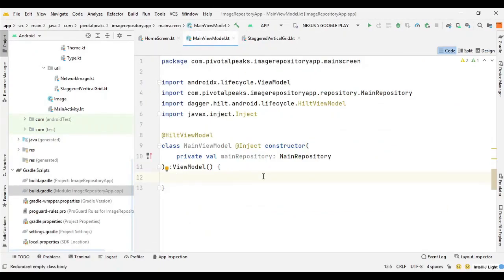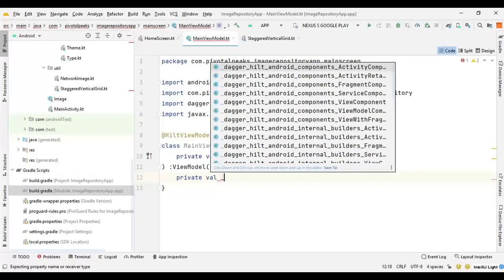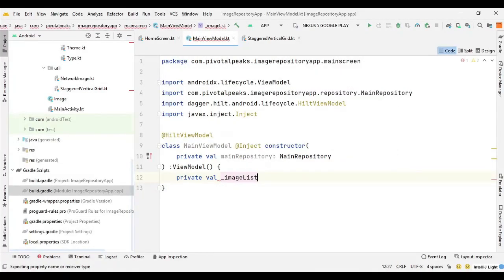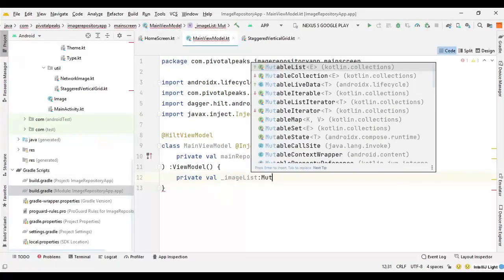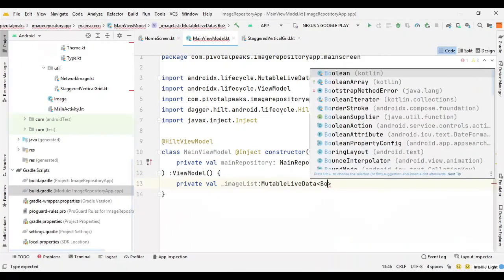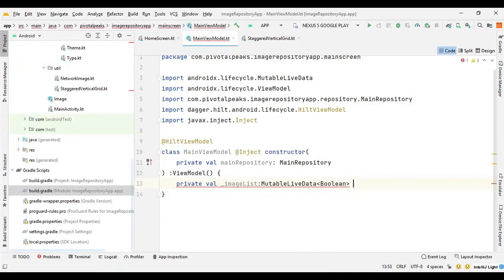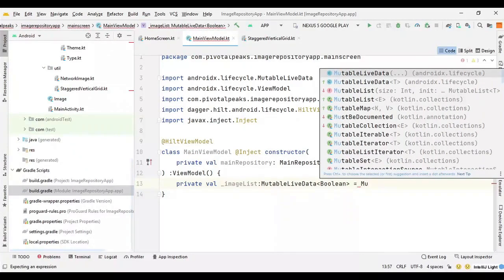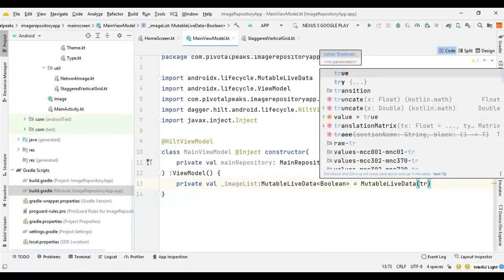So we are good to go. So let's create our first mutable live data, which is an image list. So we can say private val underscore image list mutable live data, and it's going to be of type boolean. So we can say boolean, then initialize with mutable live data, set the value to true.